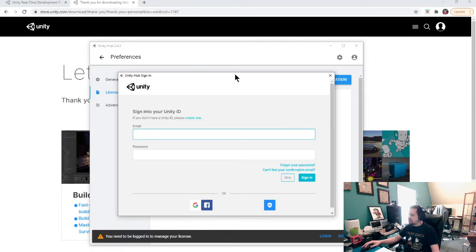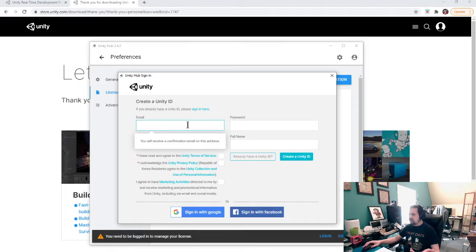Let's see what this is. I have one already, but I don't think it's under my university account. So let's just walk through making an account. Okay, so if you don't have a Unity ID, please create one. Clicky click. There we go. Okay, I say use your University of Mississippi email address here,